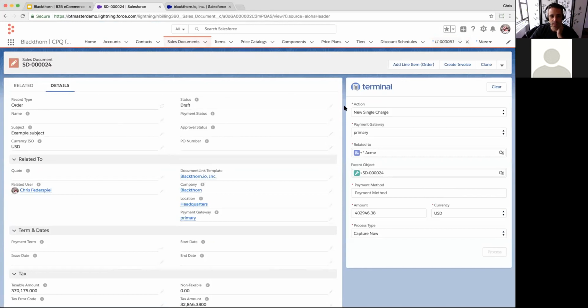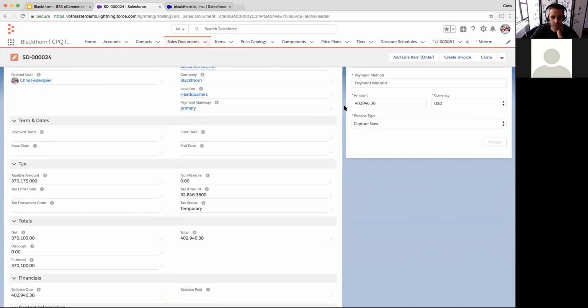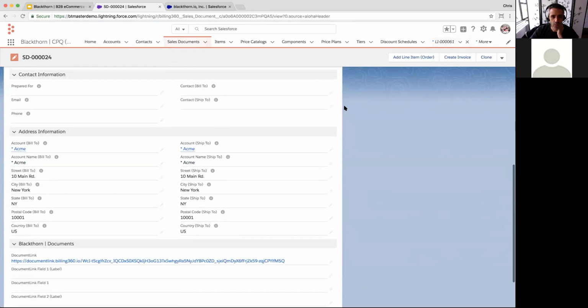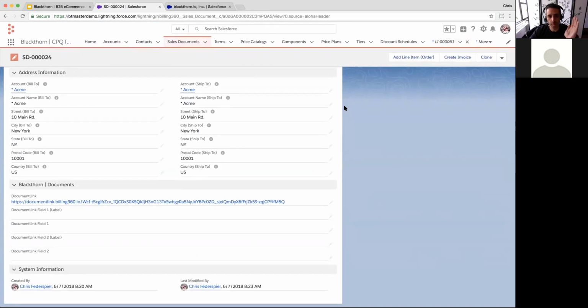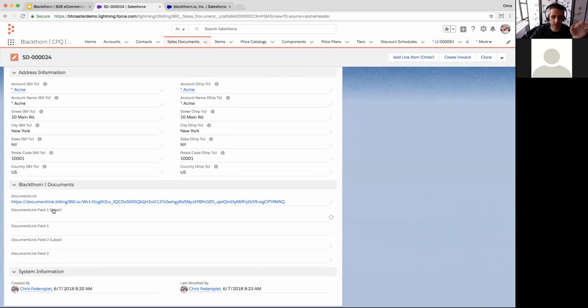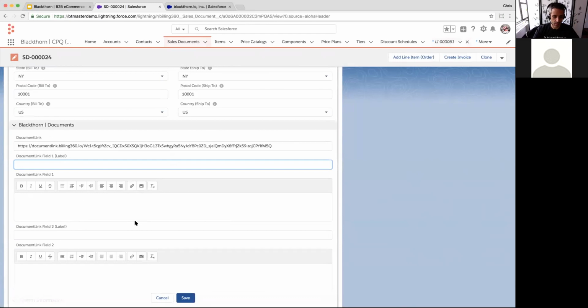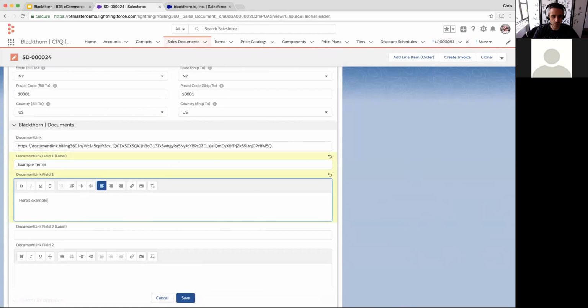So now that I have all these basics, it's time to send this off and get this signed. In case I wanted to have any merge fields included in the document, I wanted to show you an example. You can automate the population of these fields, but here, let's say we have some example terms, and here are examples of our terms. And it also supports merge fields. An example of a merge field would be like